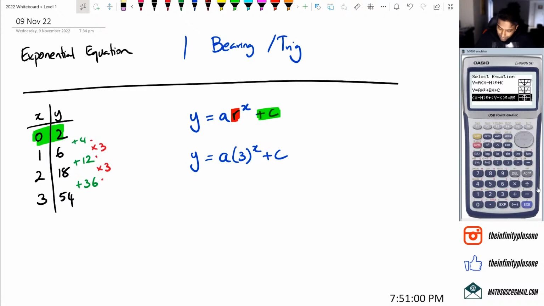All right, so we know what C is, because we know that C is equal to 2. So we can leave that as positive 2 there. Now we need to figure out what A is. To figure out what A is, we need to pick a point, and we can pick any point. We can pick (1, 6), (2, 18), or (3, 54). I'm going to pick